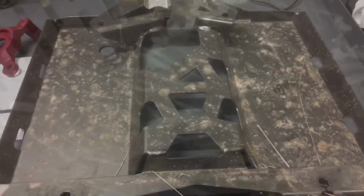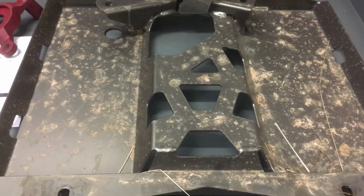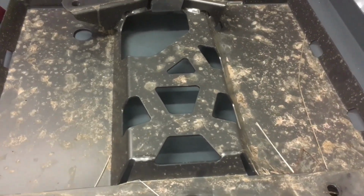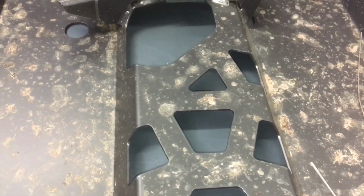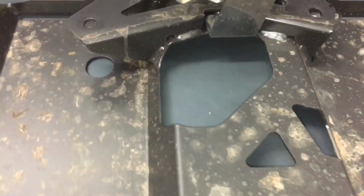Happy days. All right. So in fact, you need to loosen off the rear 2 bolts of the front plate to be able to slide this one out. As you can see, this was all clean a few days ago. As I said, been out on the paddock, bit of grass and whatever. What we're going to do now is use the ruler to take some measurements from the mounting points, right, here and here,